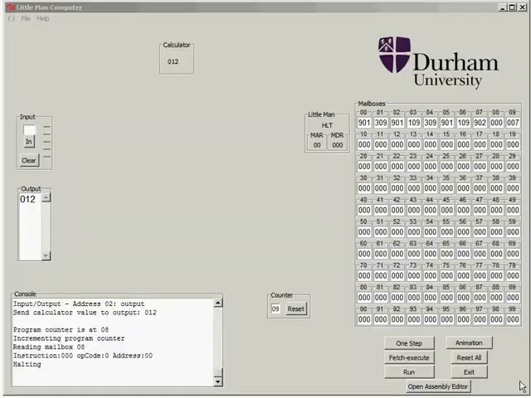At this point, I'll just mention a couple of tips for using this implementation of the LMC. If you want to continually run a program time after time, maybe to test it out and change it, it's important that you reset all after each run of a program. That'll clear down any outputs, it'll clear down any values in registers, so let's do that. It won't clear down any mailboxes in this implementation, any mailboxes that have had data stored in them whilst the program has been running, so you might want to manually clear down any of those just to avoid any